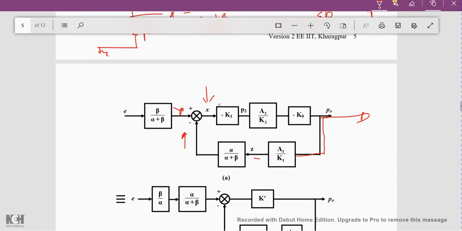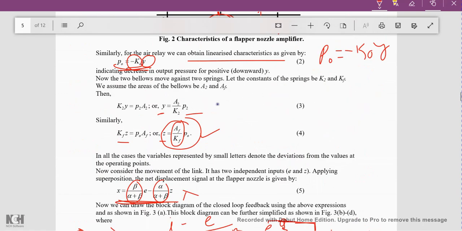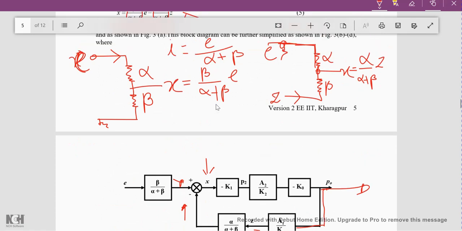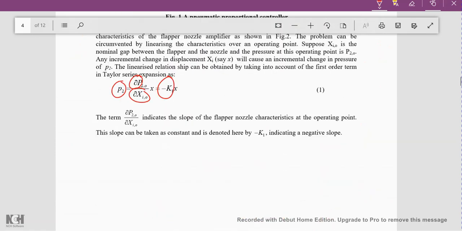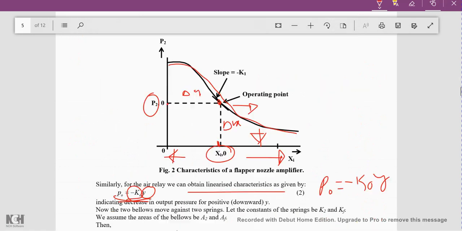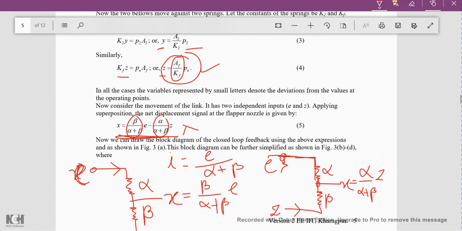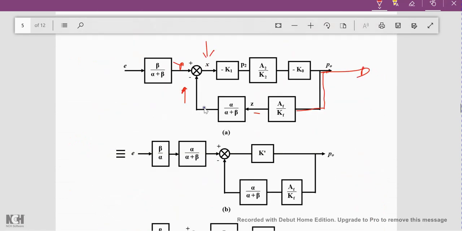Now going back to the pressures. To see the pressure, the first pressure is P2. The first expression that we had obtained was P2, and P2 equals minus K1 times X. So first we will try to obtain one signal which will pass through the gain K. Here X will pass through the gain minus K1, and we get P2. Now the second expression